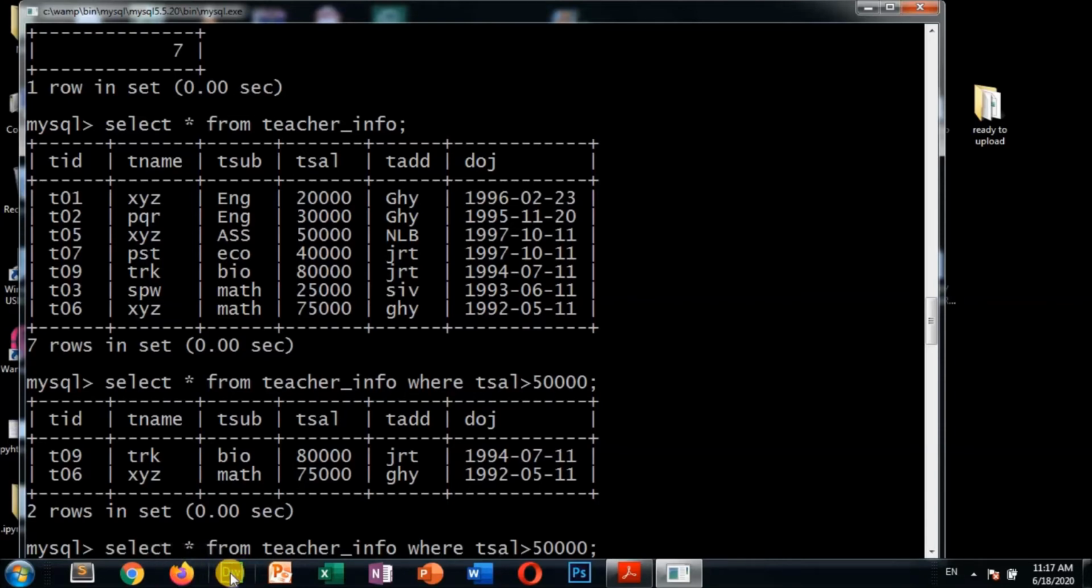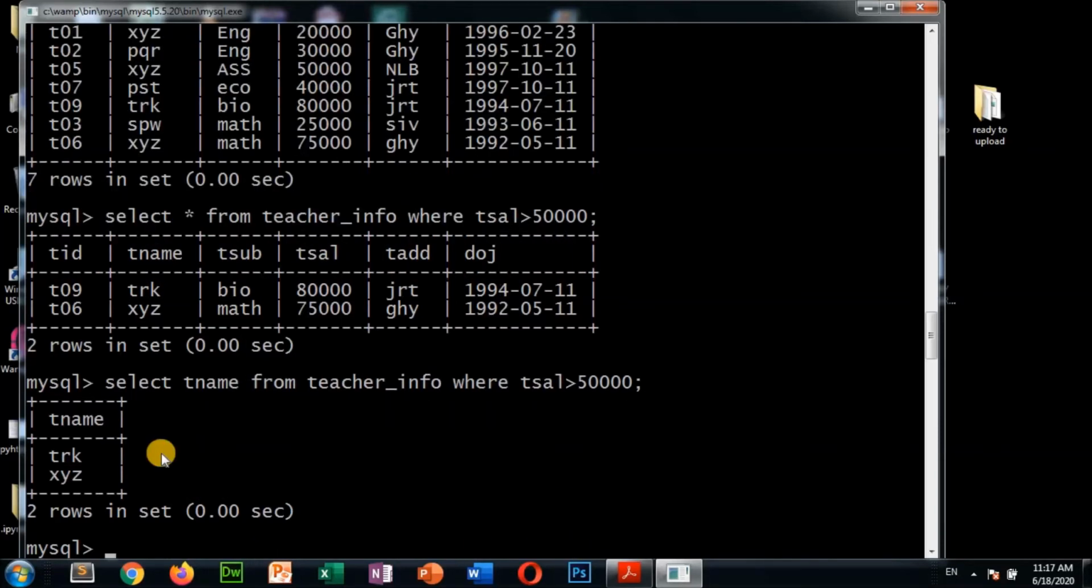Just delete here, select T name from teacher info where TCL greater than 50,000, press enter. Only the teacher names are coming. Done. Now suppose you want to display